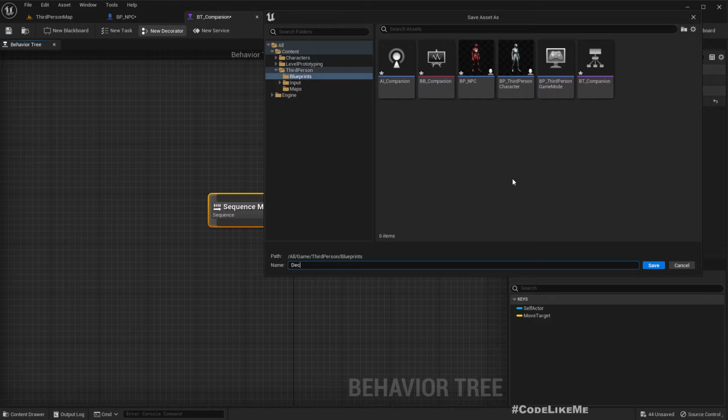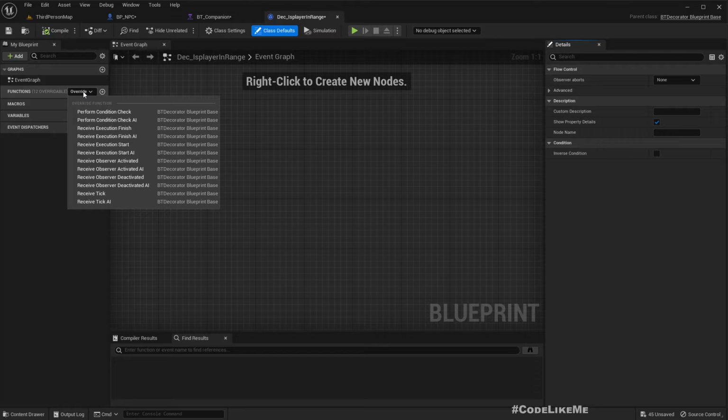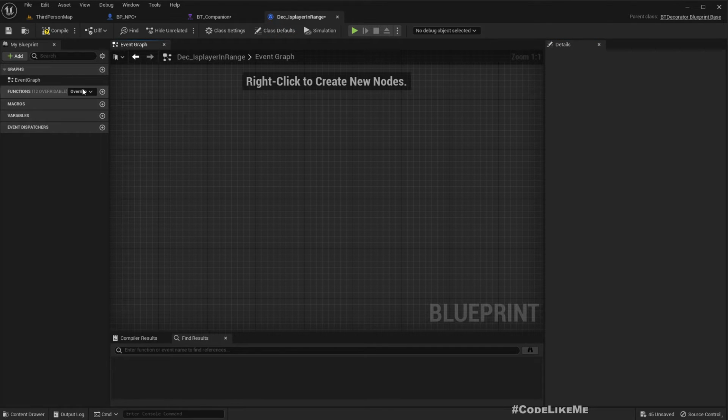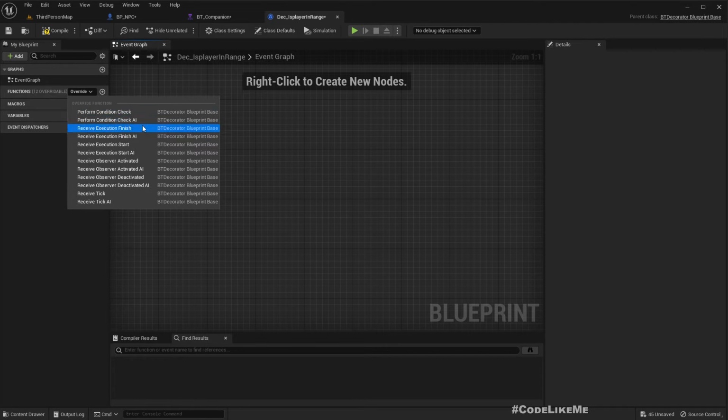I'll just name it deck, is player in range. Okay, now here let's override perform condition check, or perform condition check AI. We can actually use both,